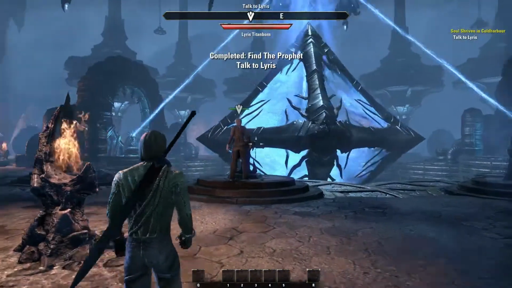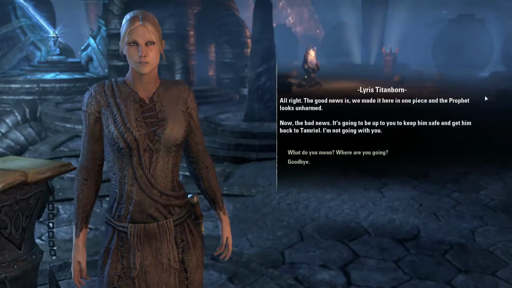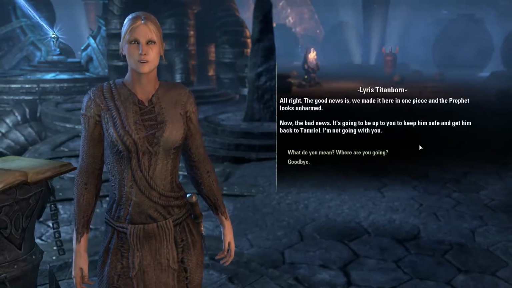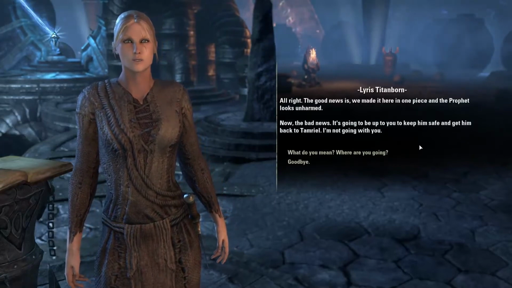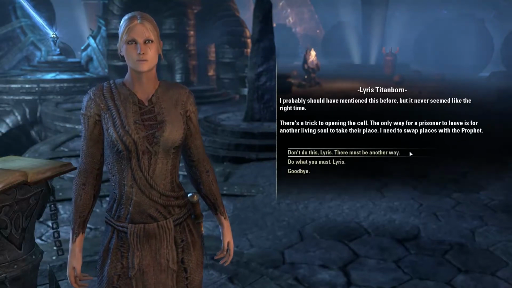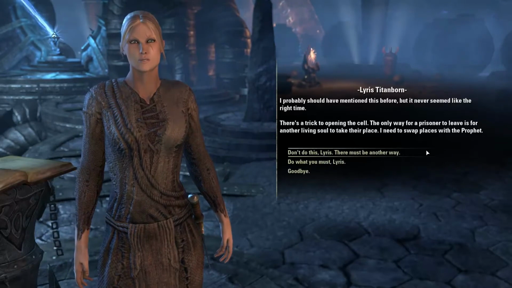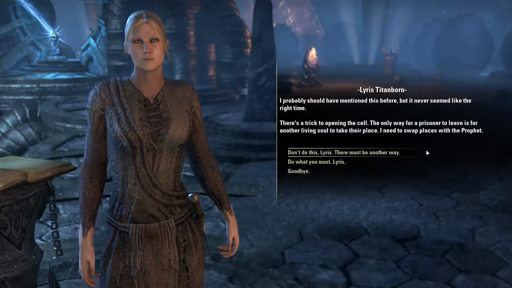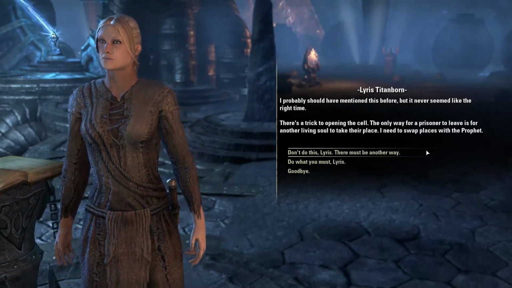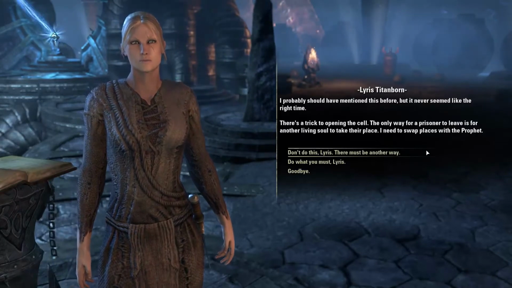Alright, talk to Lyris. Alright, Lyris, what are we going to do about this? Alright. The good news is we made it here in one piece, and the Prophet looks unharmed. Now the bad news. What bad news? It's going to be up to you to keep him safe and get him back to Tamriel. Say what? I'm not going with you. What? Where are you going? I probably should have mentioned this before, but it never seemed like the right time. Maybe. There's a trick to opening the cell. The only way for a prisoner to leave is for another living soul to take their place. I need to swap places with the Prophet. Okay, well...